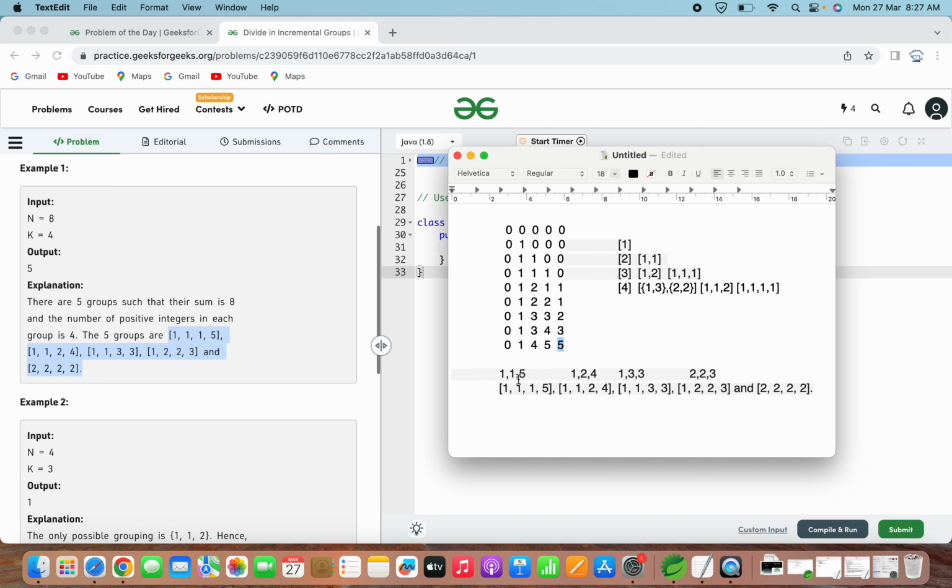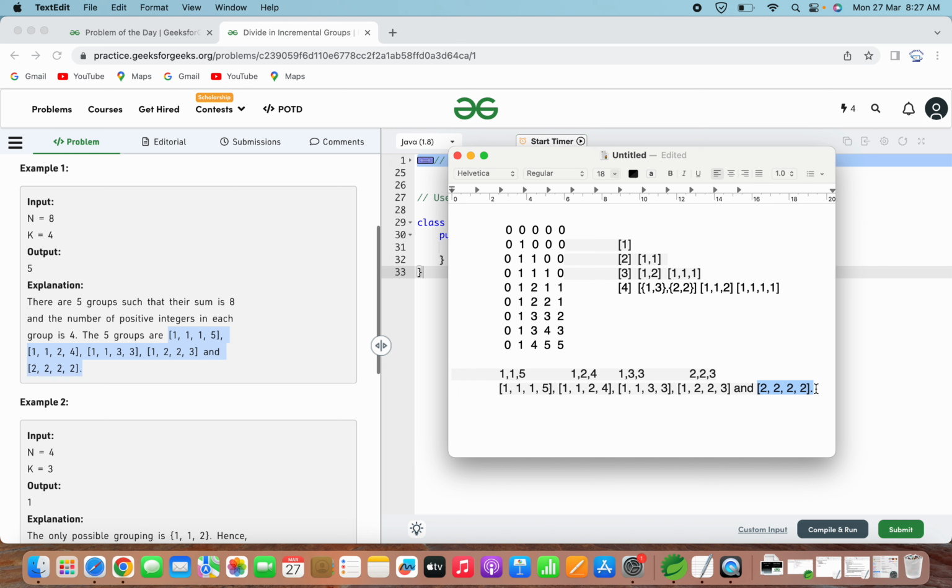So the size will increment by 1 and the value will also increment by 1. The number of computations which we did for the previous one will definitely be there, plus something extra. That's why we have taken this 4 plus 1 extra. That means another combination whatever we have. I hope this is clear.